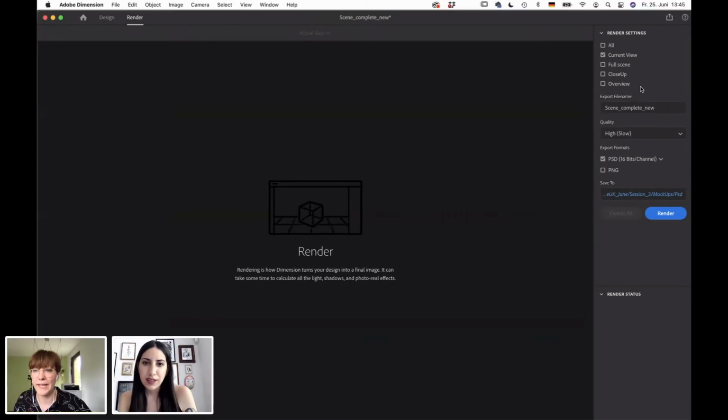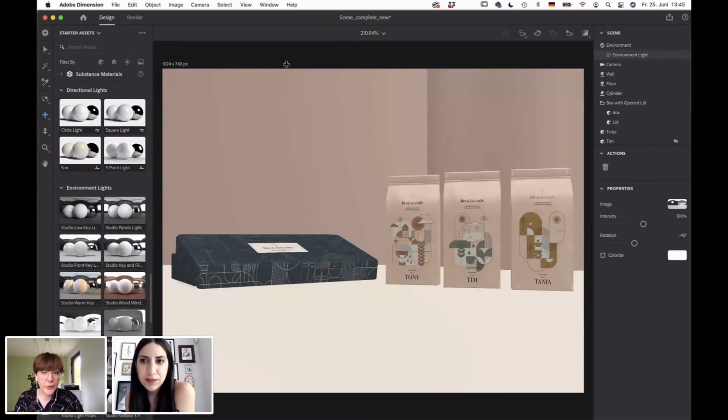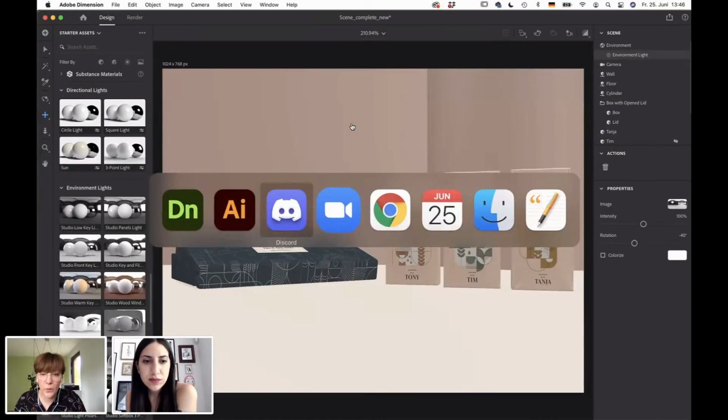decide on all your settings, like if you want to have this current resolution. And whether you want to have it as a PSD or PNG, and of course where you want to save it and all these things. And then this will also take a while when you want to set the quality to high. But I already saved a few of these mockups, and what I can also show you,